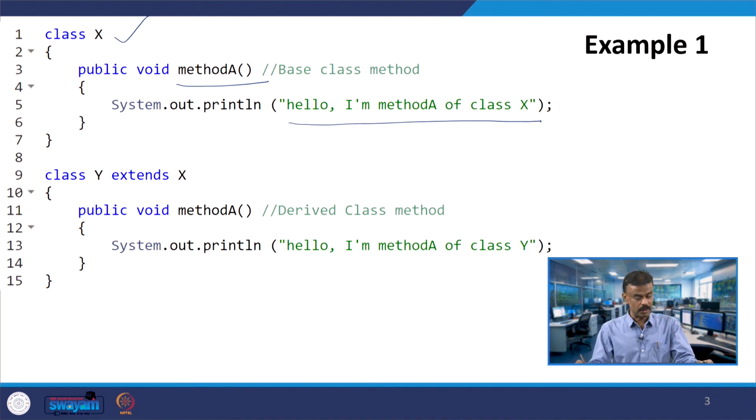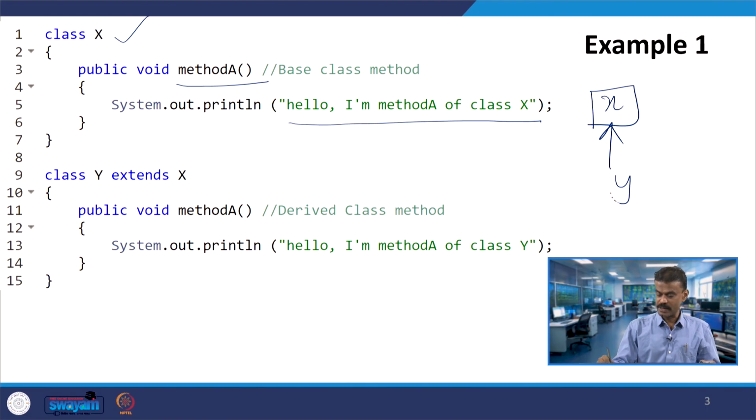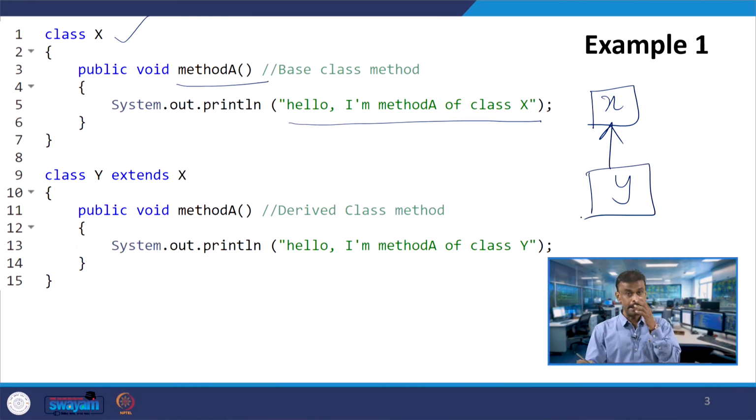Now class Y is extending X. X is the base class, the superclass, and Y is the subclass extending X. You have the same method name, method A, in the derived class. Now you have System.out.println "hello I am method A of class Y".